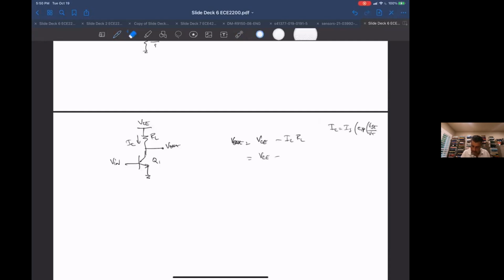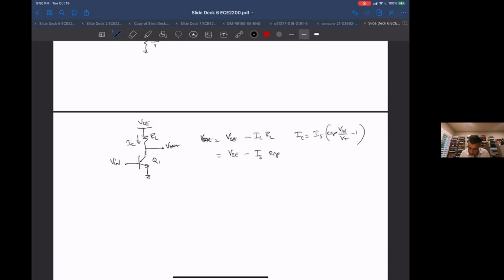So let me actually write this, sorry. I sub C is I sub S exponential of Vn. So I put that here: I sub S exponential of Vn over Vt minus 1